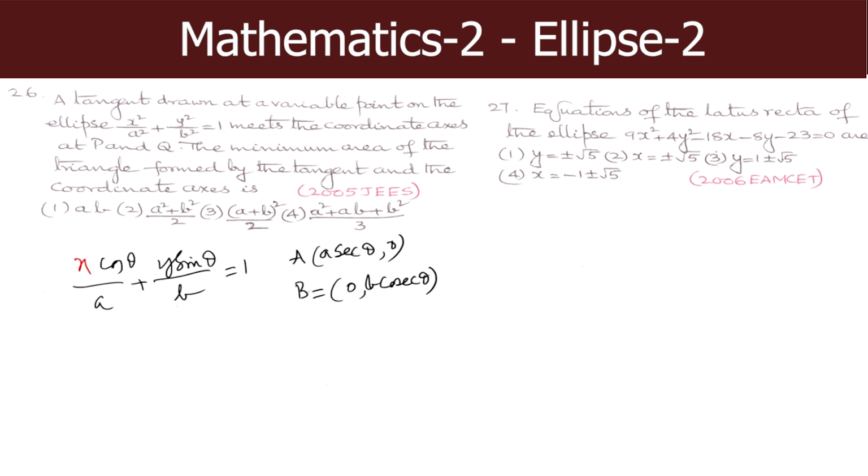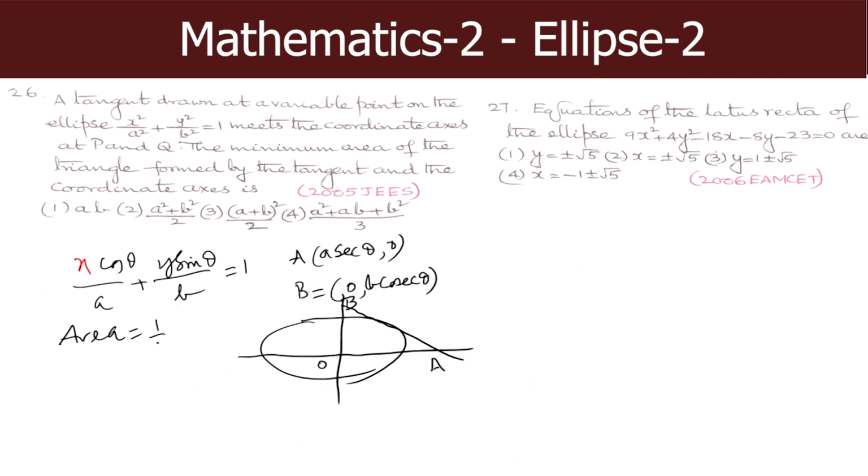So, there is a right angle triangle. If you draw the figure, you will be knowing that this forms a right angle triangle. This is the tangent. This is the major axis, this is the minor axis, this is O, this is the point of intersection of the tangent line with the x-axis, and this is the y-axis. He is asking the area of the triangle OAB. That is a right angle triangle. So, therefore, area of the triangle is 1/2 of a secant theta into b cosecant theta,